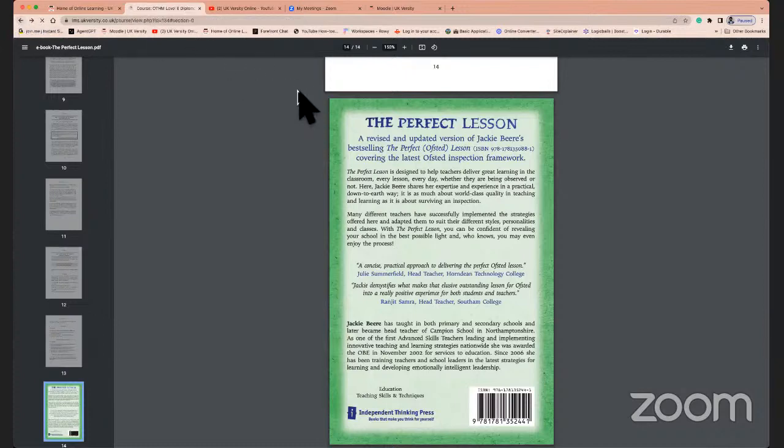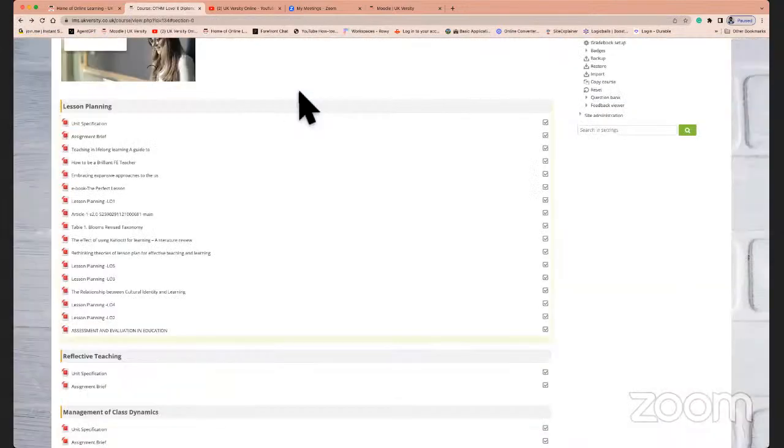Now, you can download these books for your own reference so that you don't need to log into the system all the time, if you feel that is the way you will work. But under the Copyright Licensing Act, these books cannot be placed on any other forums or used for commercial purposes, such as sharing with others, because of the Copyright Licensing Act. Yeah, I understand.